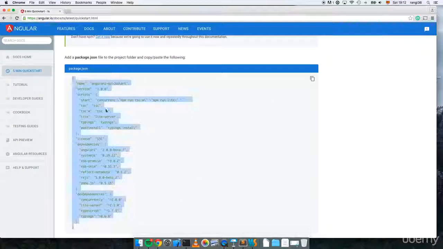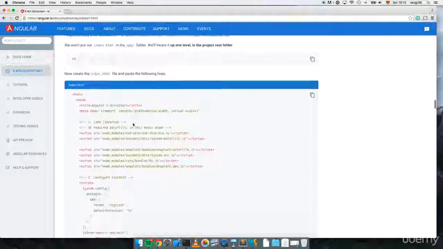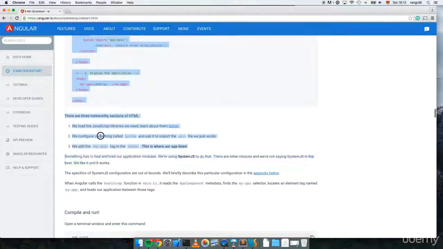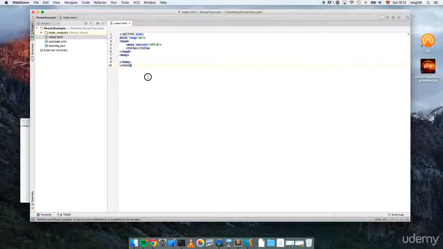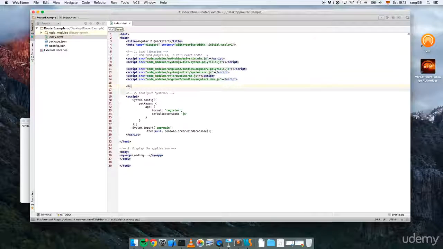And I highly recommend that you paste the index that they suggest, so everything is going to be working nice and straightforward. So we paste the index here. And now we have the first hint that we have to do. We have to import from the node modules from Angular 2